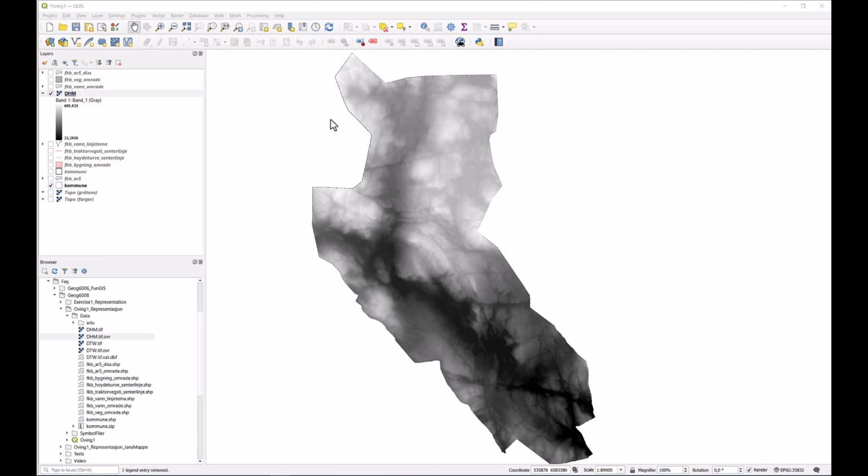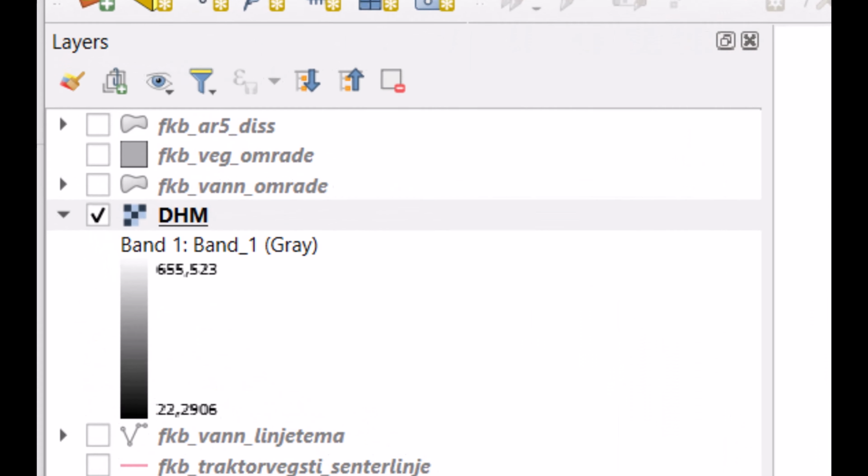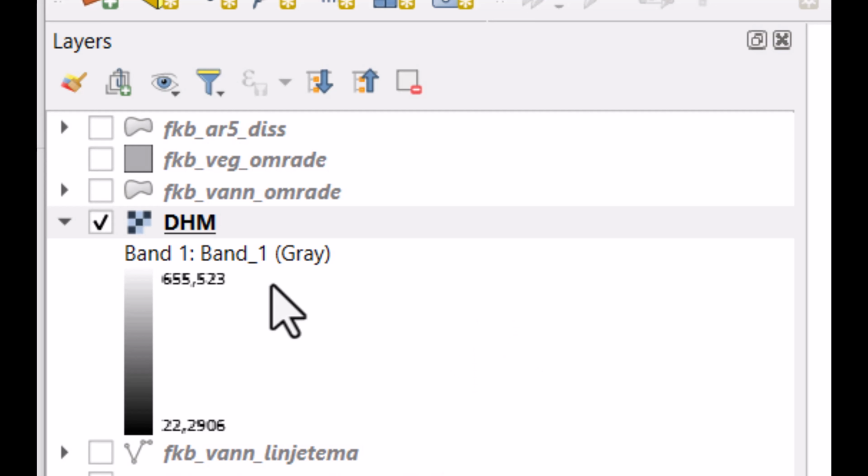So this is a short video on how you can make a hillshade presentation of your digital elevation model. I have here open a digital elevation model in QGIS, and this is then the default symbolization showing the values of elevation. The lowest elevation values is about 22 meters above sea level and the highest about